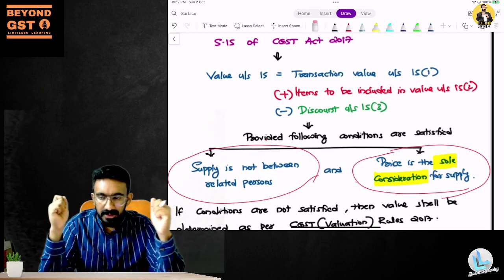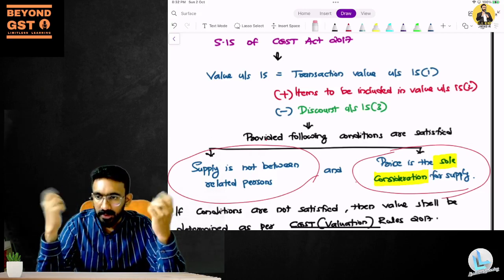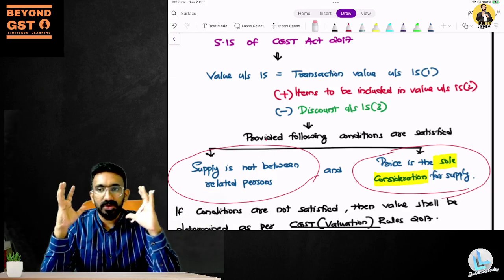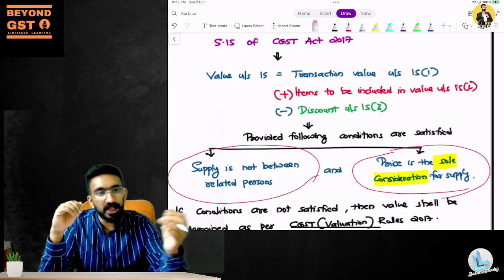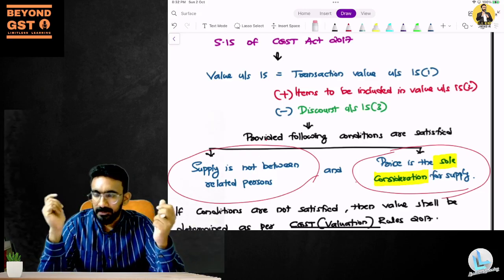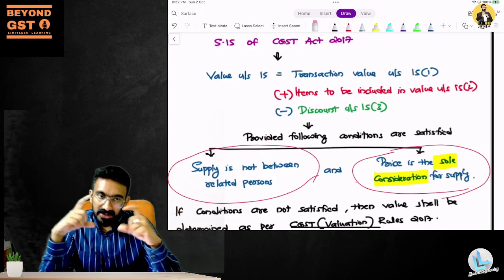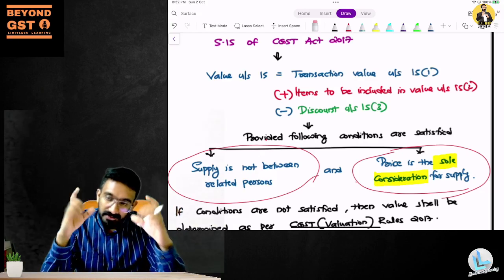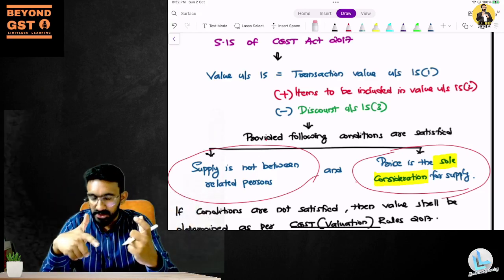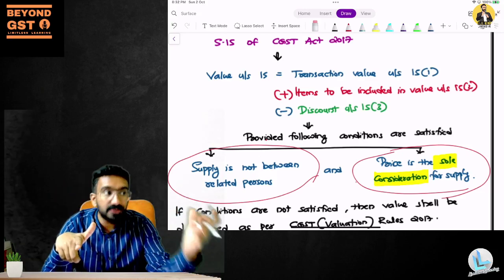To give you an example, say I'm selling a mobile phone and he's coming for an exchange of an older mobile phone. The mobile phone MRP is 10,000. He's giving an older mobile phone, and I've given this mobile phone for 5,000. So can I say that GST is payable on the transaction value, that is, the price of 5,000 only? The answer is no. Because when you do an exchange, you're getting not only 5,000, another phone also is something